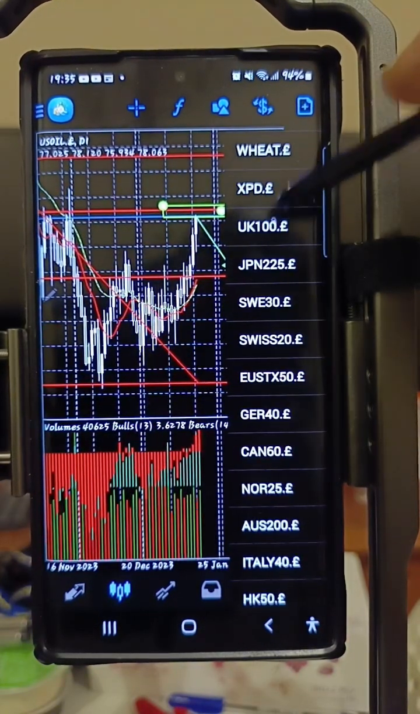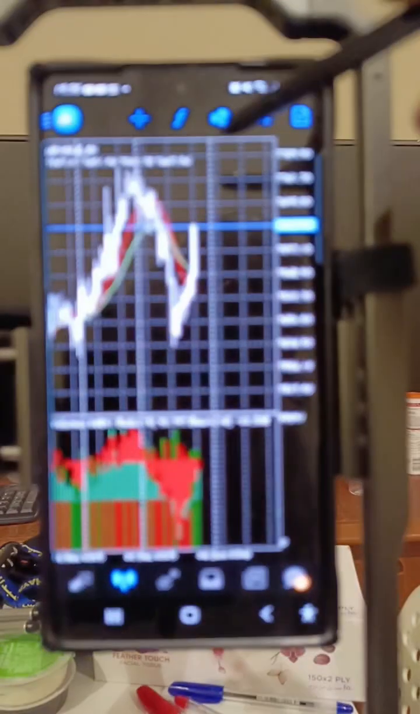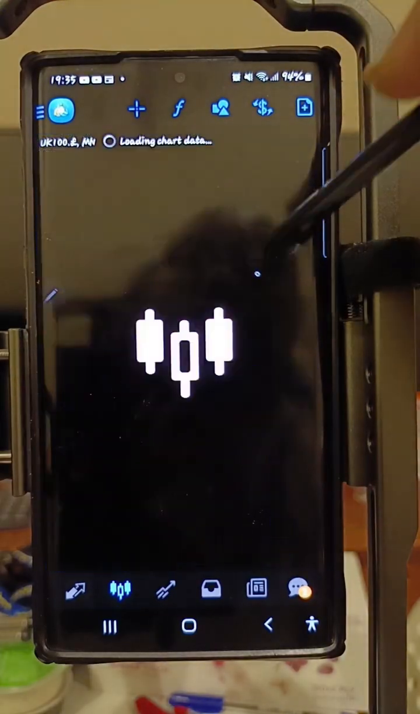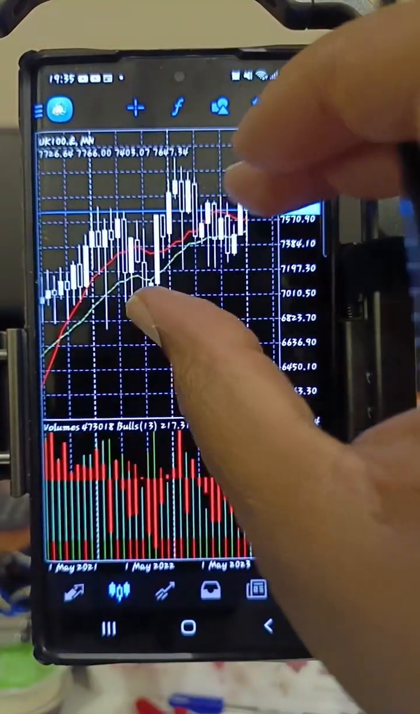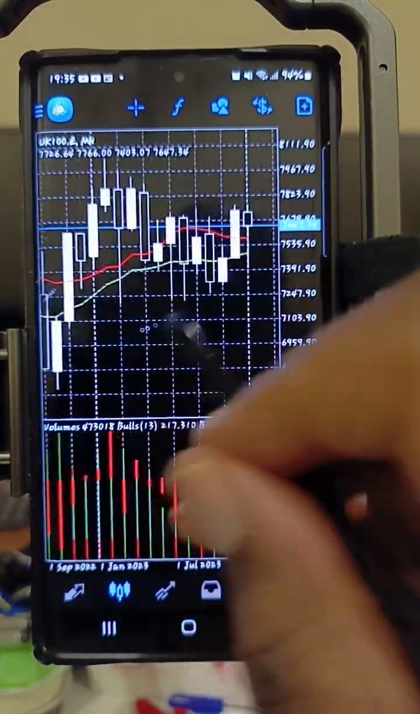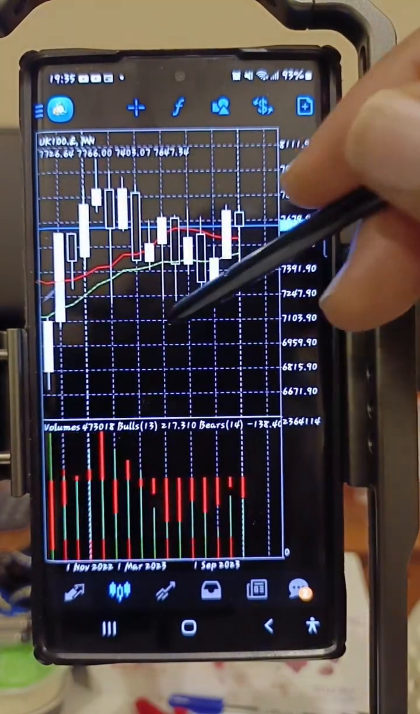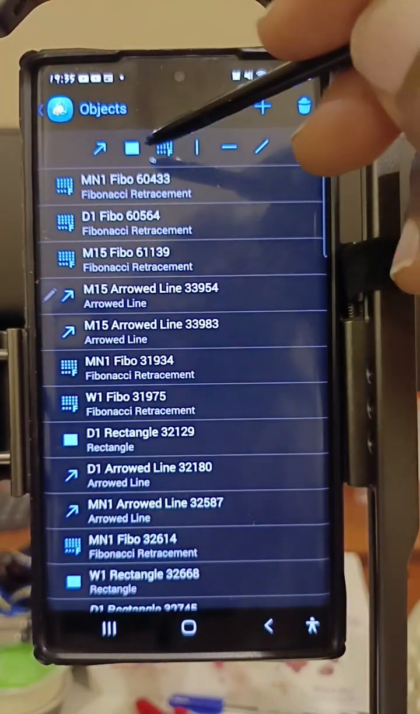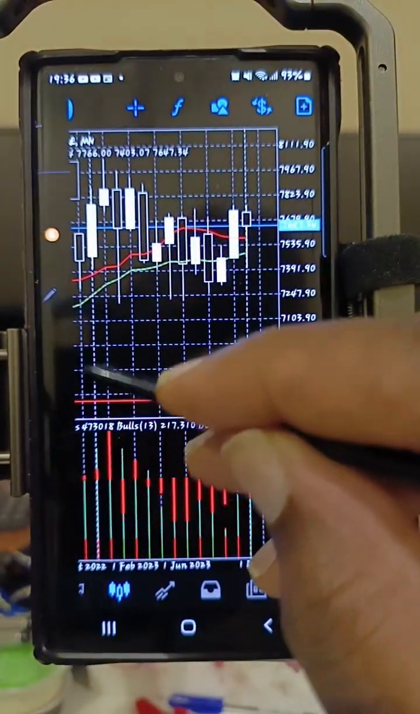Okay, let's look at UK 100. First of all, I look at the monthly. Try to identify the monthly candle. The monthly candle here, you can see it's even. So there's no clear decision on this. But if I draw the fib from the low point,